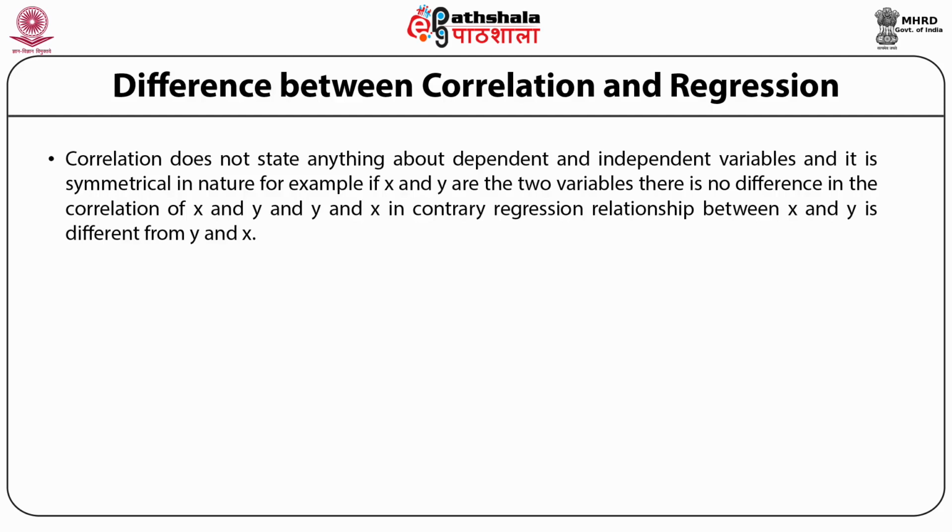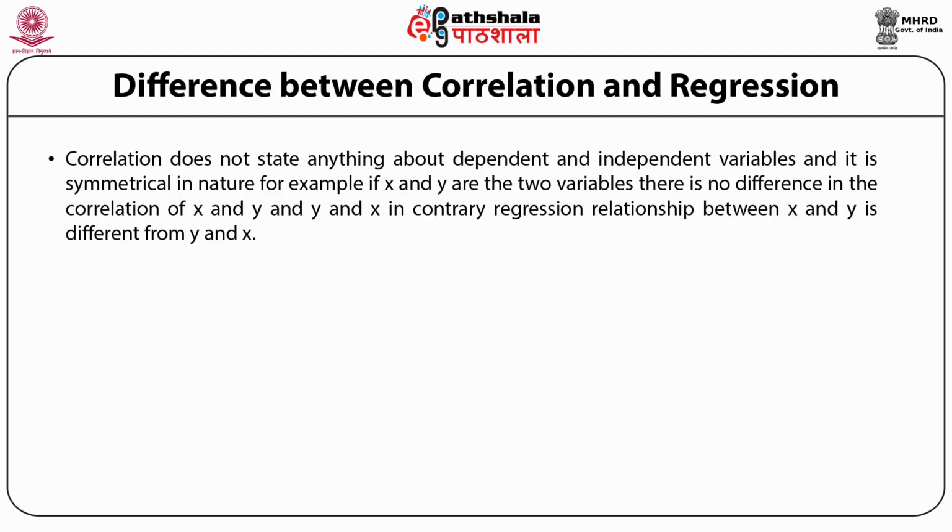If you remember, under the first point we said that under the regression analysis we are clear about our dependent variable and the independent variable. So if in case 1 y is a dependent variable and in the second case x becomes a dependent variable, then we can very well make out that a difference will exist. Whereas in the correlation, since we do not know which variable is dependent and which variable is independent, the relation between x and y will remain the same.